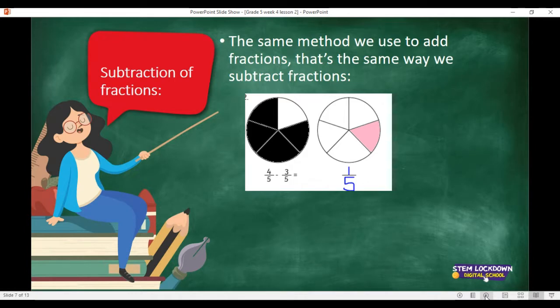So the only difference now is, you can see here, the sum is 4 over 5 minus 3 over 5. So here it means first you have to shade 4, and because I was using a computer, it didn't allow me to use another color over the other one. But when you're at home, you can. The first one that you have to shade is the first number, the bigger number. So you'll shade 1, 2, 3, 4,